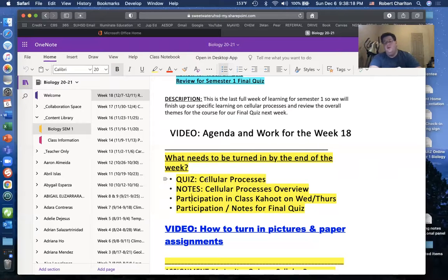Okay, periods 4 and period 6. You haven't done any of this yet. So what you need to do this week is come to class on Tuesday. We're going to take notes on Tuesday. And then when you come to class on Thursday, we're going to do the Kahoot on Thursday. And then you should take this quiz after class on Thursday. As far as what we do for the final, we'll do that next week on the Monday before final exams. And so I will figure out how to help support you, and we'll talk about that on Thursday of this